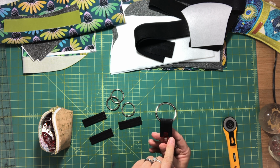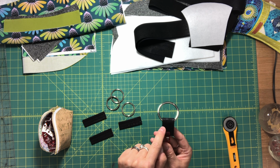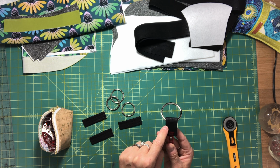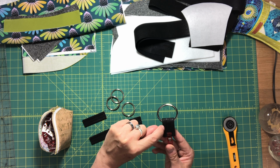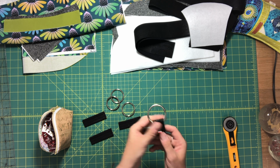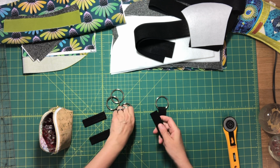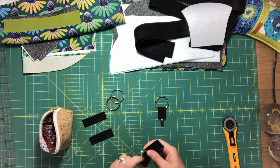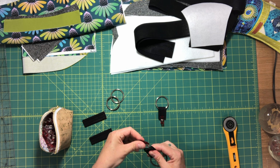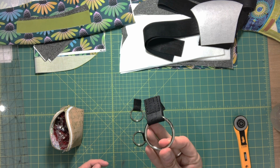So I use a narrower presser foot, and then I try to get as close as I can, and then I rotate and sew across, and then I rotate again and sew along the other edge here, and then I backstitch. So I'll be doing that with all 4 of these connectors, and then we'll be able to sew our shoulder straps. All 4 connectors are ready, and I'm going to try to show you the stitching close up so